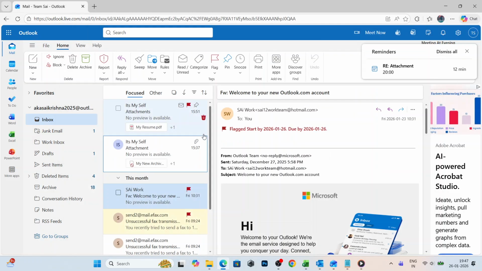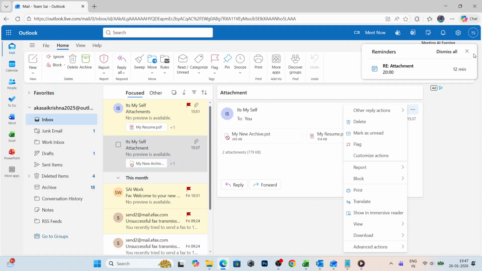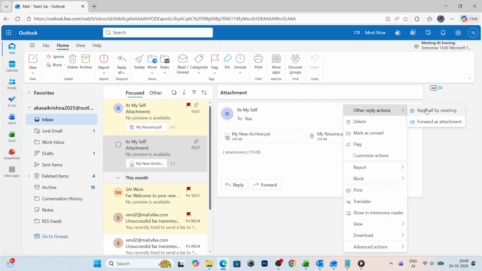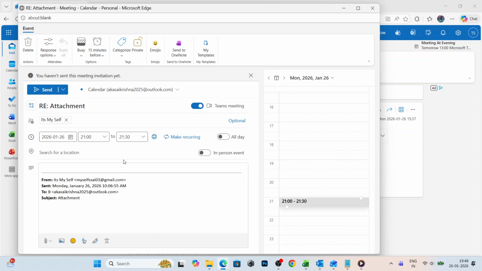Next, if you need to bring everyone from the email thread into a meeting, use Reply All by Meeting. Open the email, then click the three dots in the message ribbon to expand more options. Choose Other Reply Actions, and then select Reply All by Meeting. Outlook converts the thread into a meeting invitation, automatically adding the participants and placing the message content in the invitation. This is especially helpful when you are moving a discussion into a scheduled call without retyping anything or hunting for